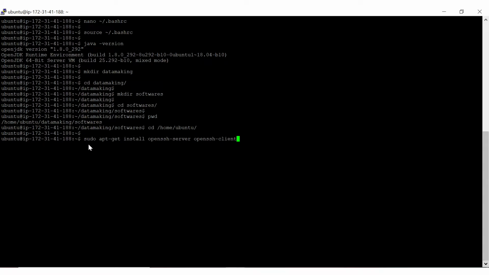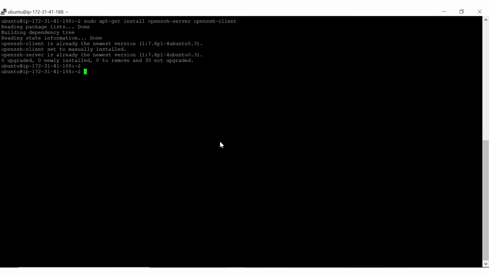So the command is sudo apt-get install openssh-server openssh-client. So this will make sure the OpenSSH server and client is installed, so that you can make the SSH connection to the EC2 instance, because we are able to do that. If you have any problem with the OpenSSH server, this will resolve that. So it is already installed, so it says done.